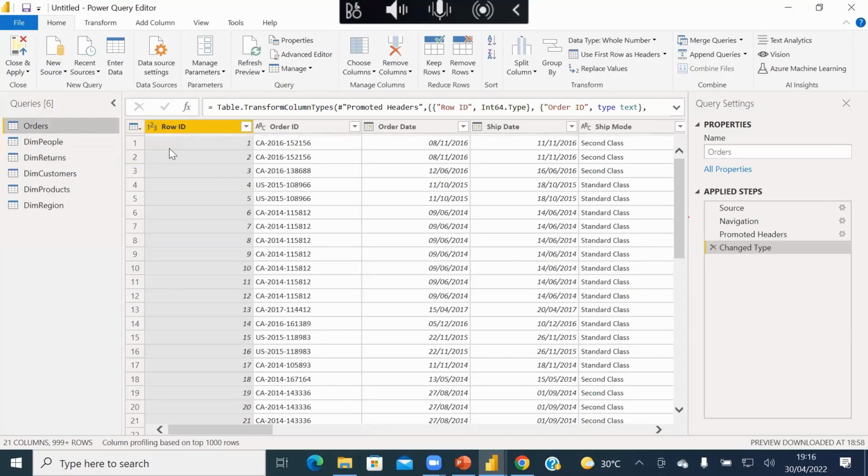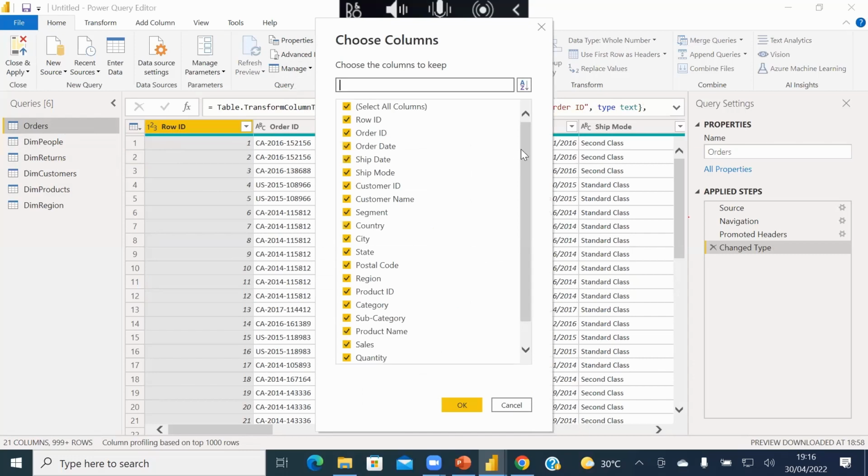So finally, we want to reduce the breadth of this right here, right? So what we can do is to click on choose columns. Right now, we want to remove all the irrelevant columns, especially the columns that are now sitting in the dimension tables. For example, we need a customer ID here, right? Because it's going to serve as a foreign key. When we go to data modeling, I'll explain that. We don't need segment, country, state, city, we don't need postal code, region, then product category, subcategory.